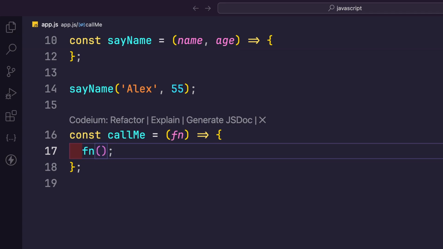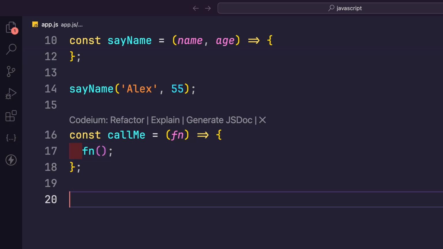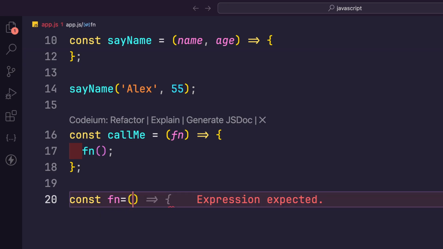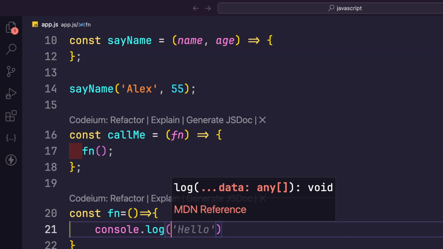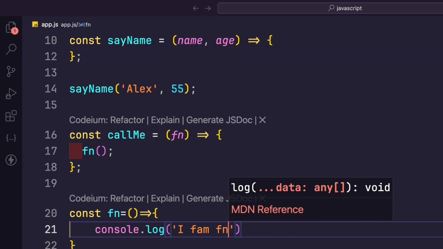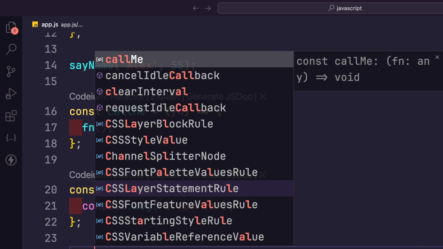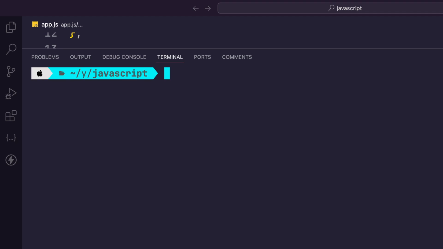So what will happen? Now I have to write the fn function. const fn is equal to, for this function do nothing, it will say console.log I am fn. And then we will run the callMe function with fn. If I call it,